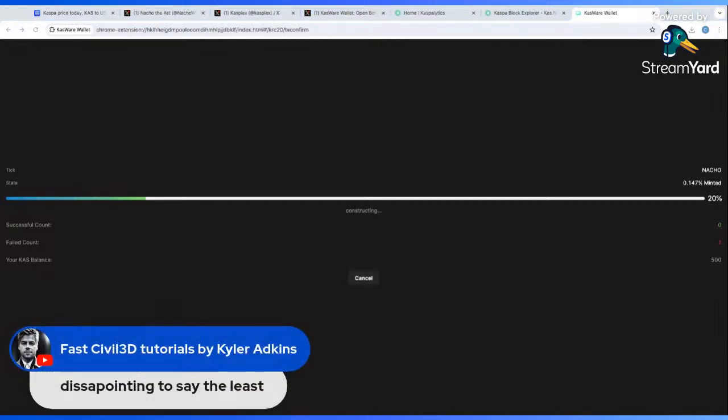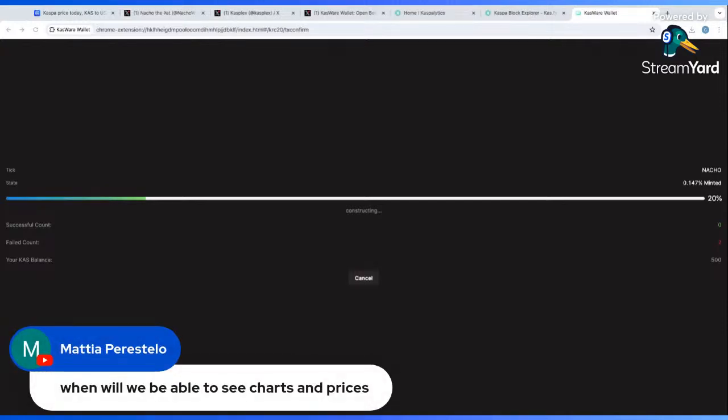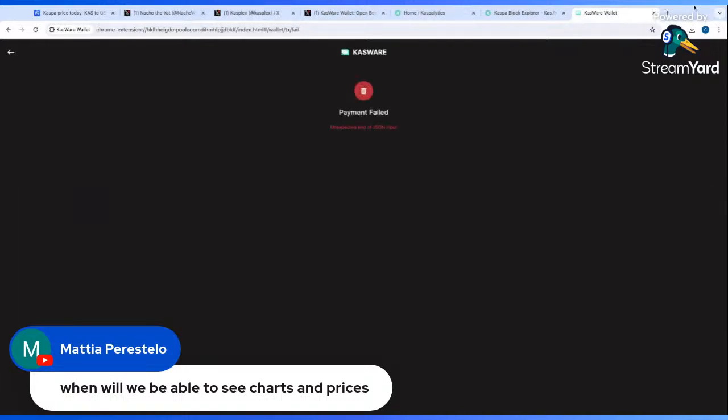Joseph, thanks for tuning in. Disappointing to say the least. Fail, fail, fail. Yeah, when we'll be able to see charts and prices, that's going to be a while. Right now, before you worry about the charts and prices, you probably want to worry about just having mints go through. But there'll be dexes. I think Cast Tools is